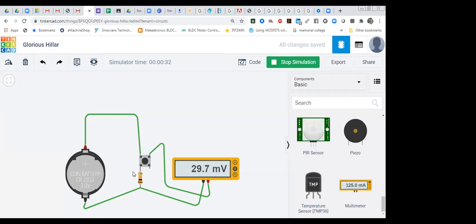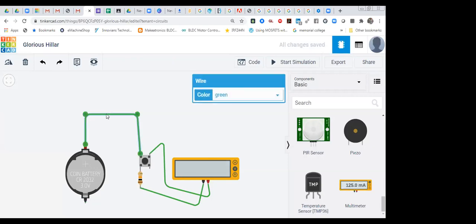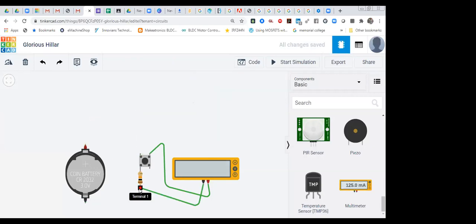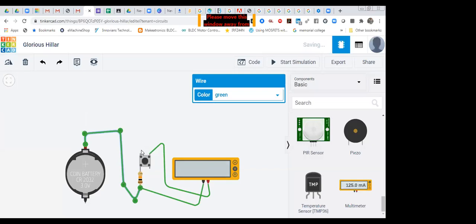So this one resistance we have used over here, that is a pull down resistor. So I'm going to use it as a pull up resistor now. For that I have to replace my connections. So how do we have to replace it? We have to connect this in the reverse order. So this wire we have to connect with 5 volt, and this end we have to connect with ground.